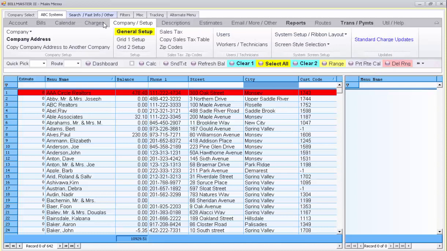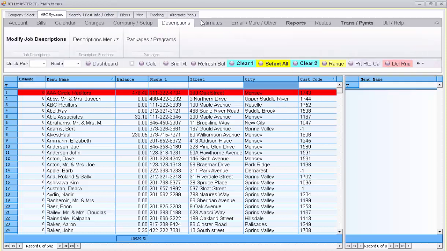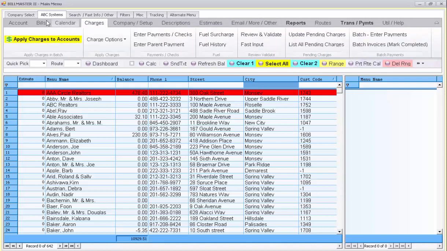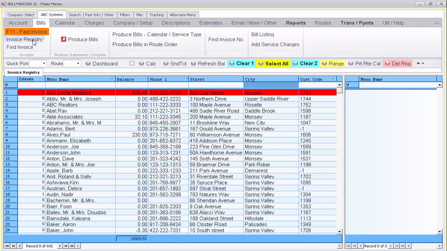Some people like to rearrange the order of these menus to make it imitate their actual workflow within the company. And also, the items within each menu can either be removed or dragged into other menus to make it more logical for your